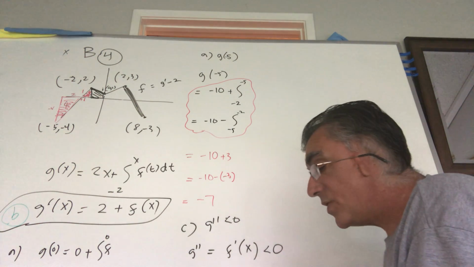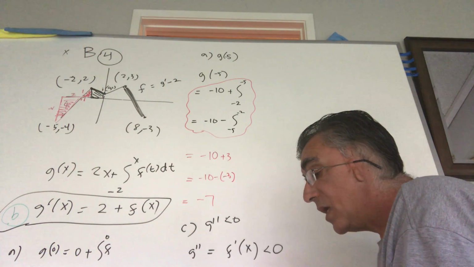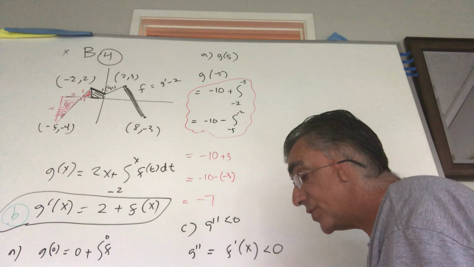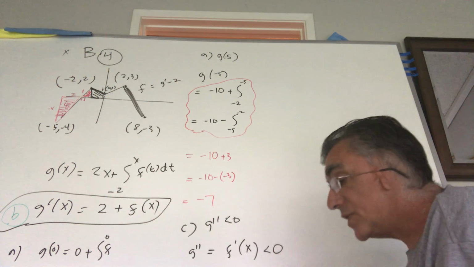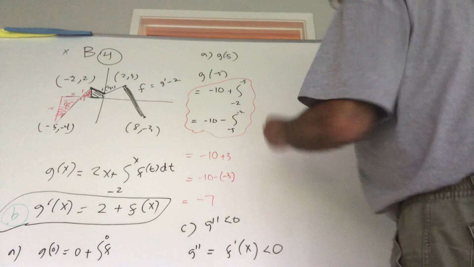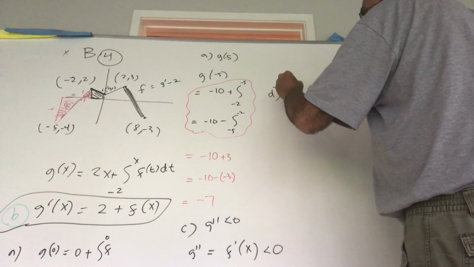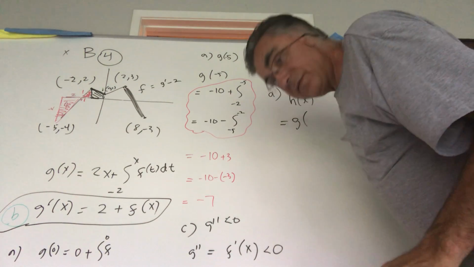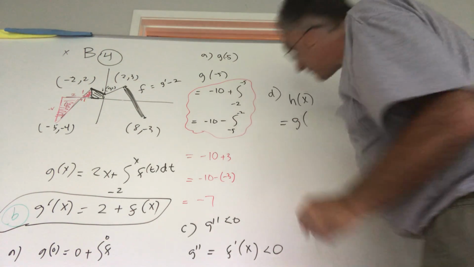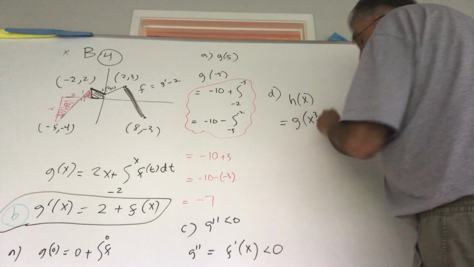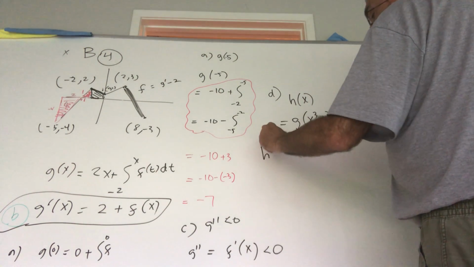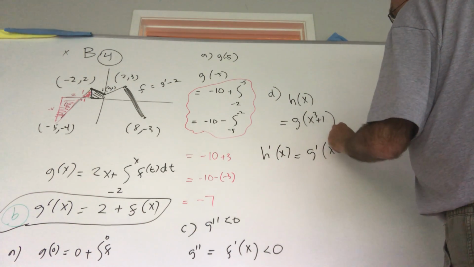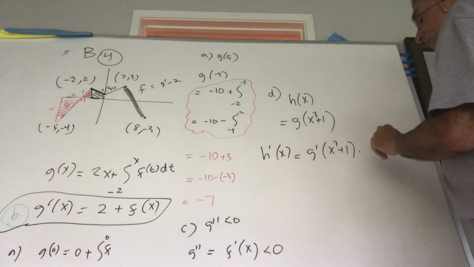And then they throw in this weird question at the end there. Last question. H is a composite function of G. Let's do the work on this. I like questions like this. This is pure algebra, right? H of x is G of x cubed plus 1. So what would the derivative be? H prime of x. Now make sure you realize it's G prime of x to the third plus 1 times